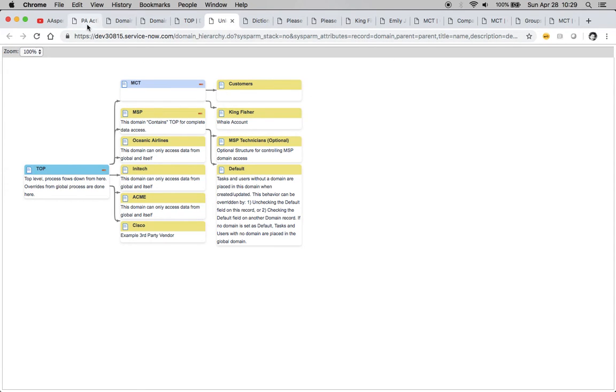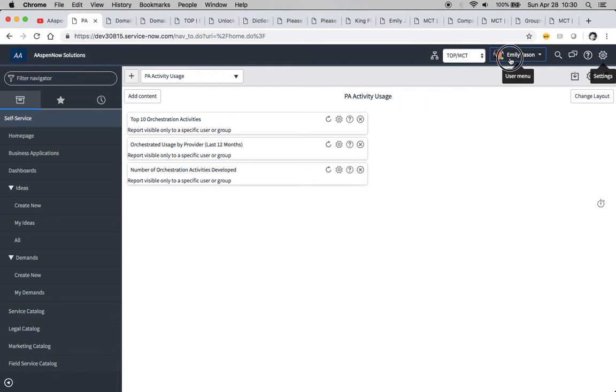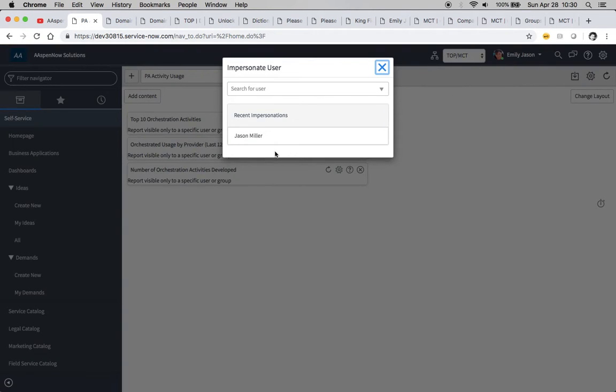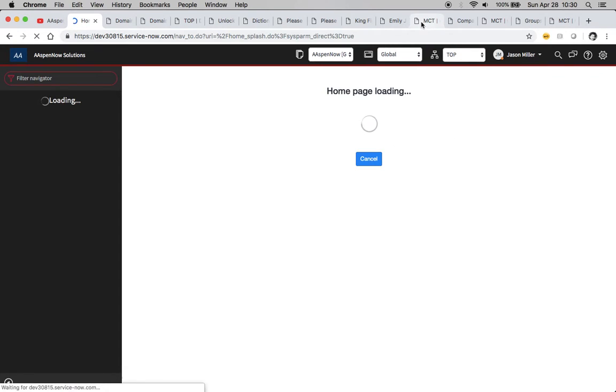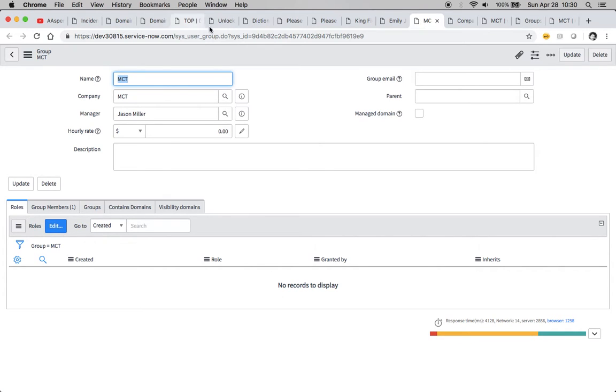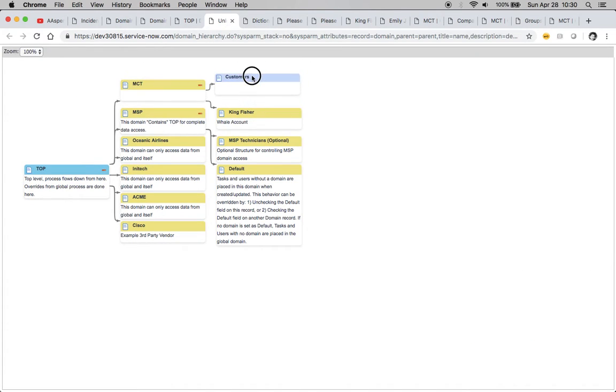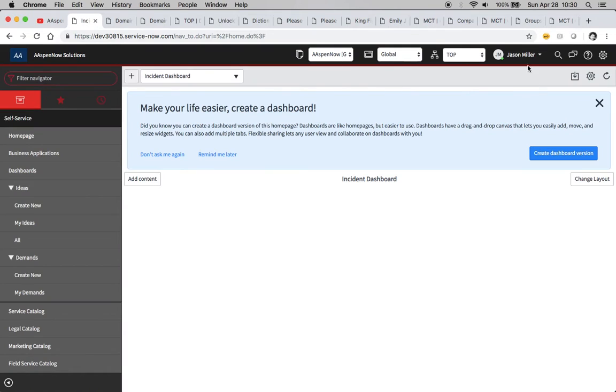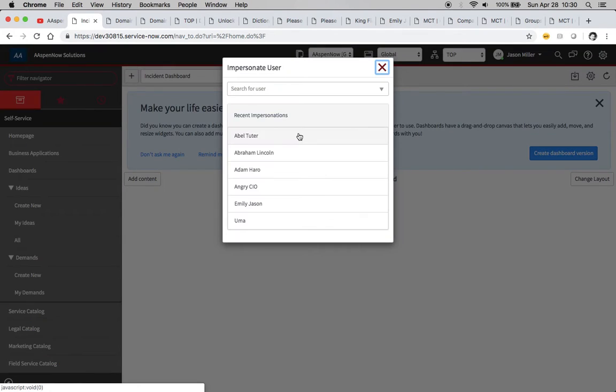But, you know, maybe here's the thing. Maybe we don't want Emily to be working all this up. Maybe it's too much workload for her. And maybe we just want her working the Kingfisher account. So what are we going to do then? Or even better, here's one that has come up in my experience. I want her just to see customers and Kingfisher, but I don't want her to see anything in MCT. Typically, what people will do is they'll throw her in MCT, but then later on they'll realize that she can see everything. So, in fact, while she has access to all three, let's go ahead and